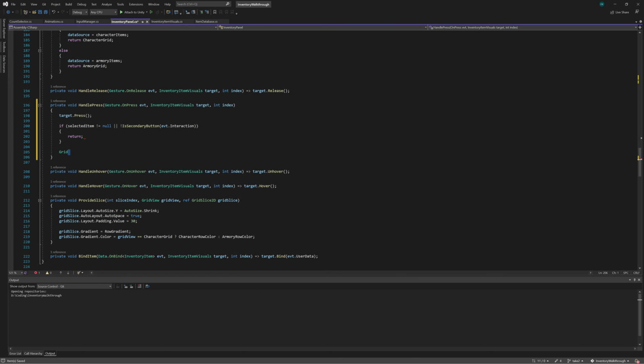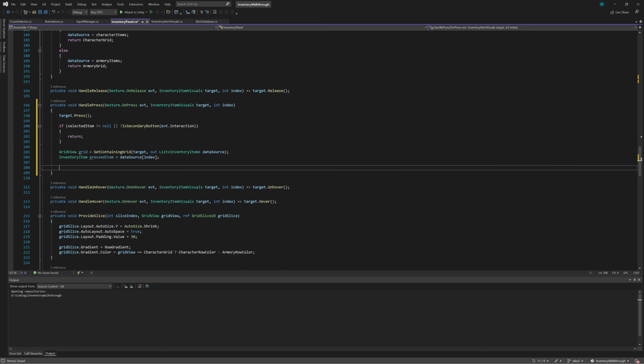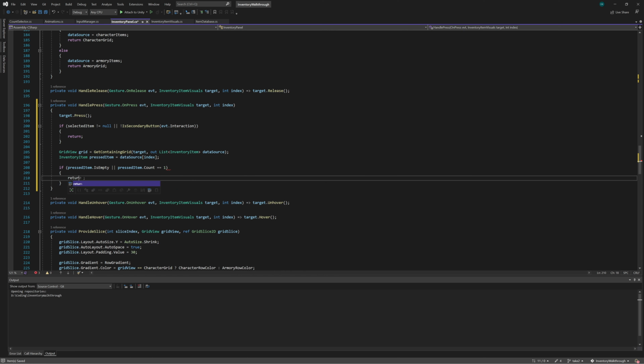Otherwise, we'll get the containing grid view for the pressed item, as well as the data source. And now we can get the item that was actually pressed. And if the pressed item is empty, or the count is 1, we don't want to bring up the count